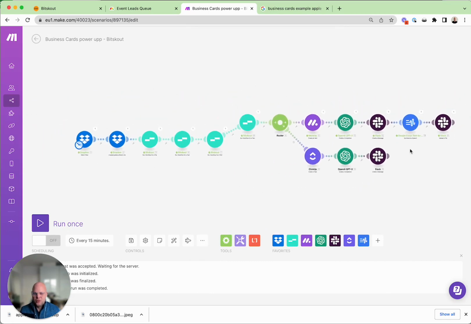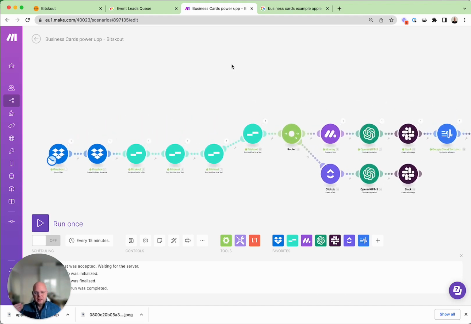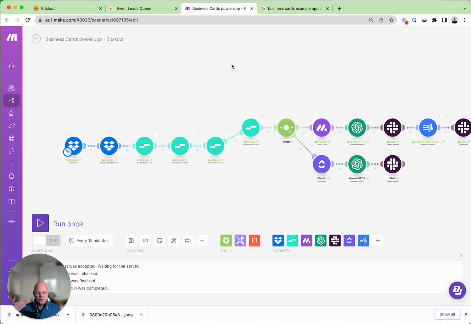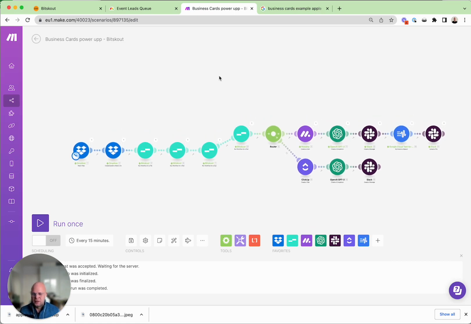So with this simple automation, you can do so many powerful things from just a simple business card. And of course, you can upgrade this scenario to look up a person on LinkedIn and get more information, generate what this person is interested in, and all this in practically real time. All this is available at your hands, and basically in 60 minutes you can set this up, get it running, and forever change how your team runs events.